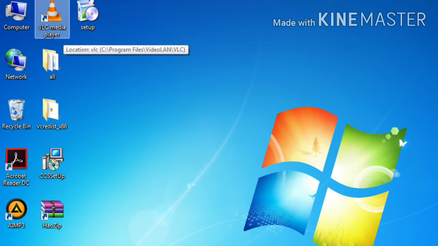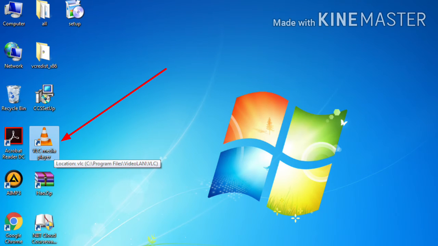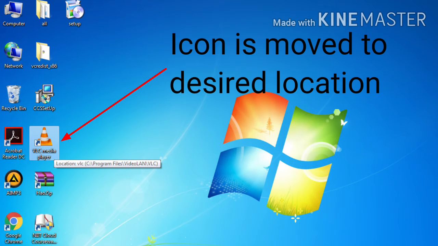When it reaches the desired location, release the mouse click. So that's how you can move an icon using the left mouse click. See here, the icon is moved to some other location.